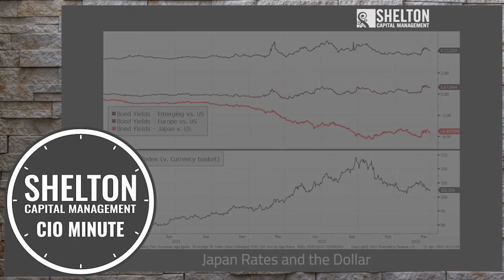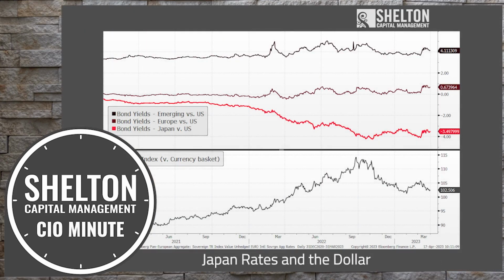The top of this next chart shows bond interest rates relative to the US market over the past 2+ years. Emerging markets are at the top, Europe is in the middle, and most notably, Japan is at the bottom. Now, while emerging market and European rates have basically moved up in line with the US as the Federal Reserve has hiked the Fed funds rates, thanks to their policy of yield curve control, Japanese rates remained where they were. So as the Fed raised rates, the gap widened.